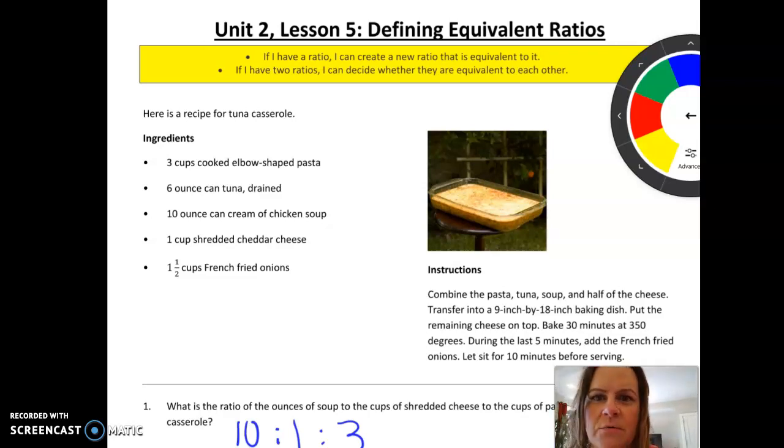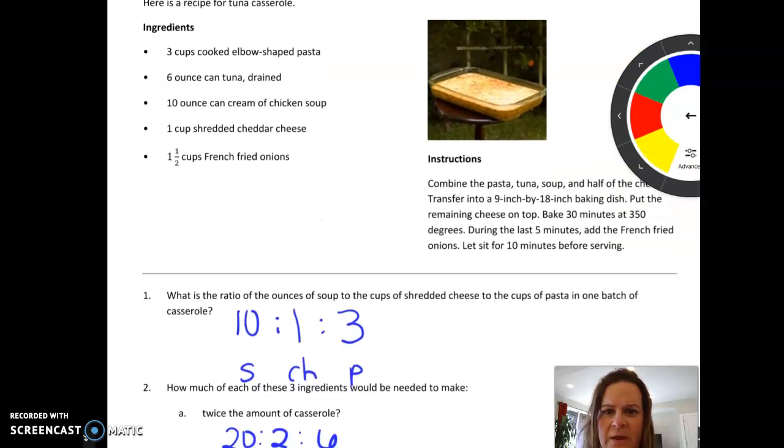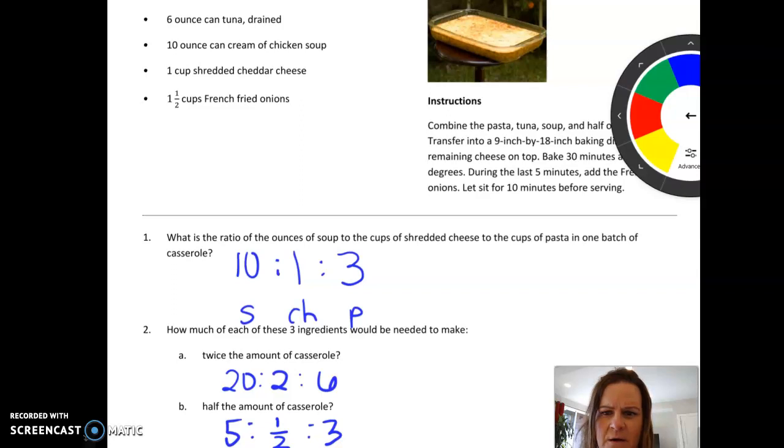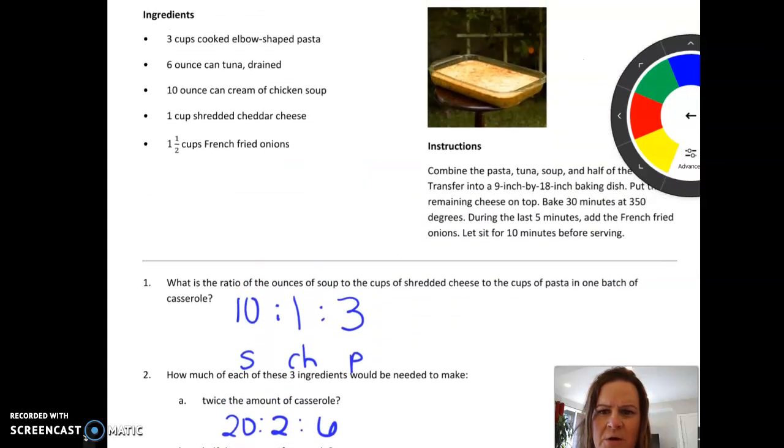I'm going to talk through lesson 5. In this lesson we are talking about defining equivalent ratios. So we're starting out with a recipe for tuna casserole, and I'll just let you look at that recipe here. But we're asked the ratio of ounces of soup to cups of cheddar cheese, or shredded cheese, to cups of